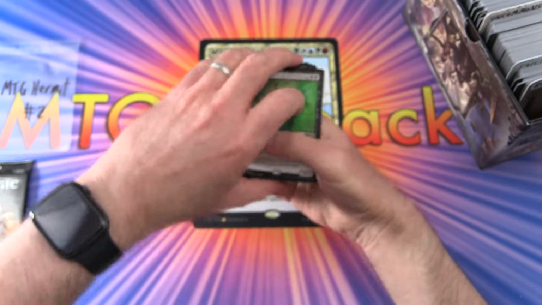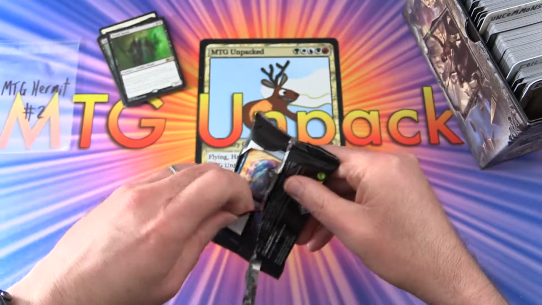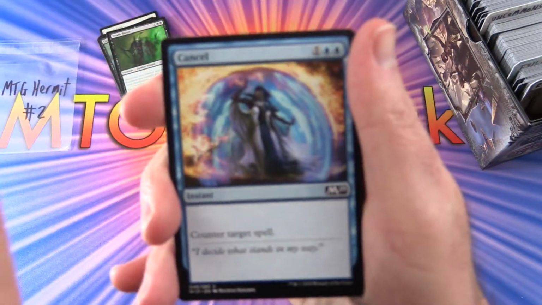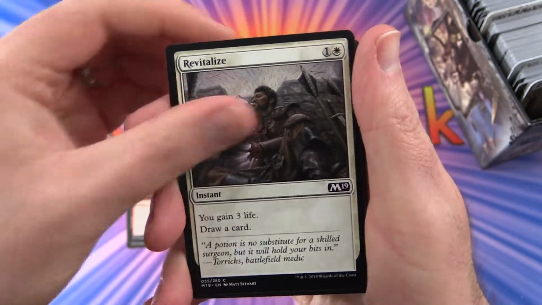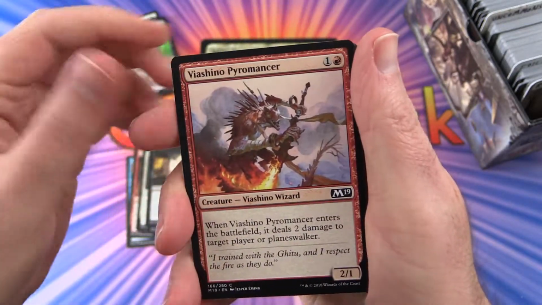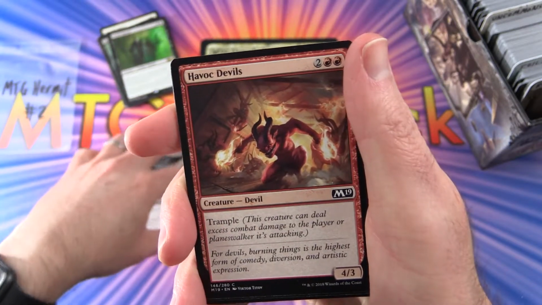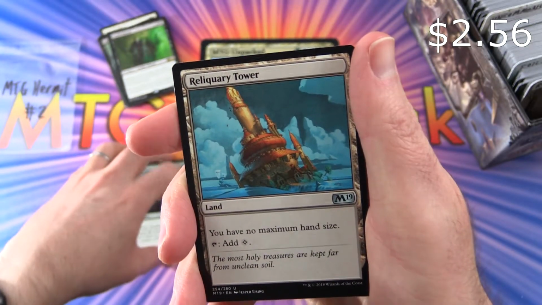Alright, so let's crack the pack here. With Ajani's blessings, you'll be getting the rares, mythics, foils, and anything over $1. So good luck, sir. And what do we got? Cancel, Sure Strike, Revitalize, Greenwood Sentinel, Hired Blade, Viashino Pyromancer, he's a good one, Rabid Bite, Sovereign's Bite, Havoc Devils, Thornhide Wolves, and uncommons we have